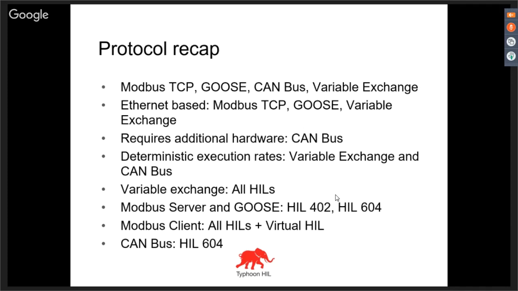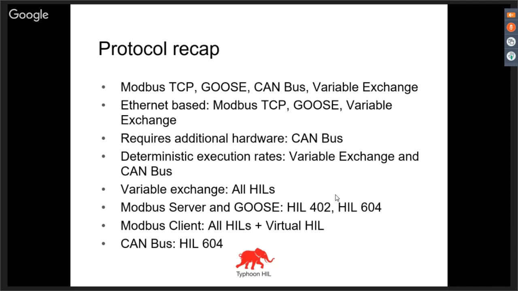So Modbus TCP, GOOSE, CAN bus, and variable exchange protocols are implemented. Ethernet-based protocols are Modbus TCP, GOOSE, and variable exchange, whereas CAN bus requires additional hardware, the CAN controllers. And deterministic execution rates are achieved through variable exchange and CAN bus protocols, and the HILs that each protocol works